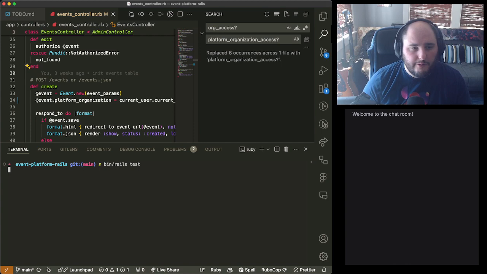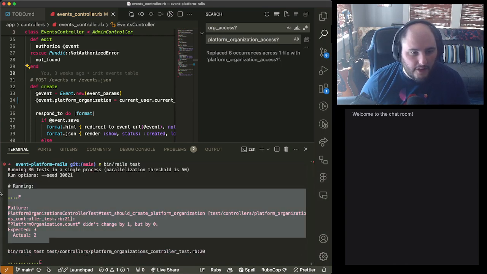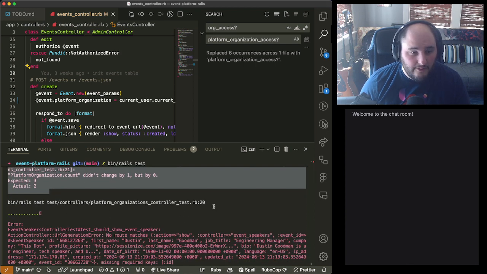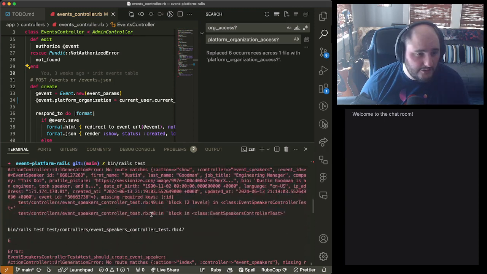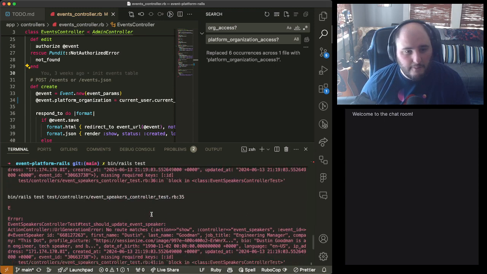So if we go and we rerun our test yet again, what we're going to find this time is our platform organization controller test needs some love. And actually this is good news. We're seeing different failing tests this time because some things aren't matching, some things are.